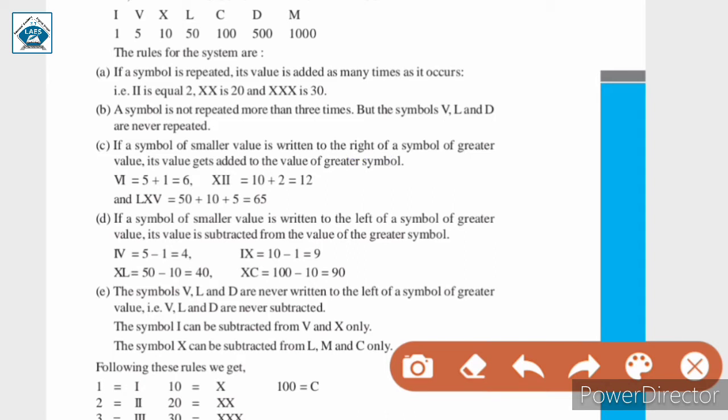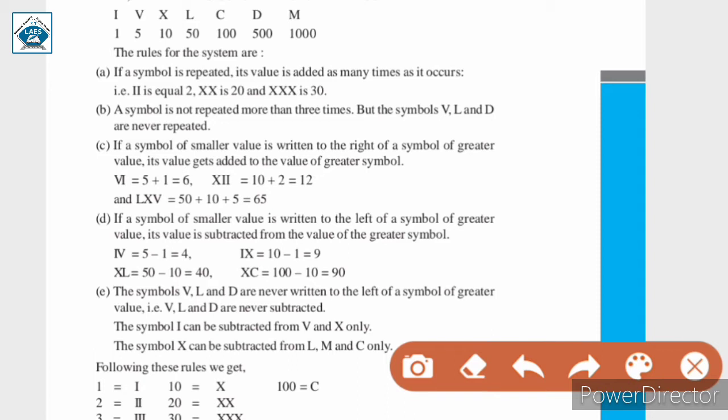So here we have IV. So V stands for 5 and I stands for 1. Since we have written it to the left hand side, we will write 5 minus 1. बड़े नंबर में से छोटे नंबर को माइनस करेंगे. ठीक है, हम लोग 1 minus 5 नहीं लिखेंगे, हम लोग बड़े नंबर में से यहाँ पे 5 minus 1 लिखेंगे. So here we have 4.